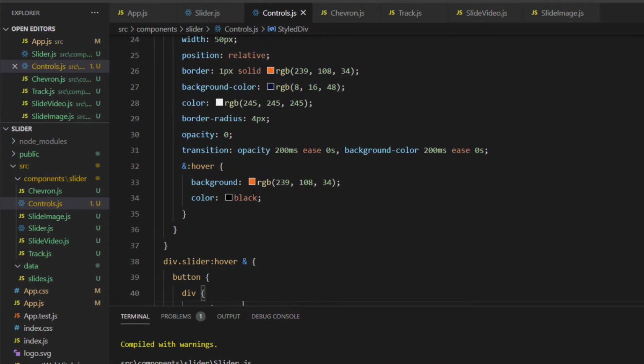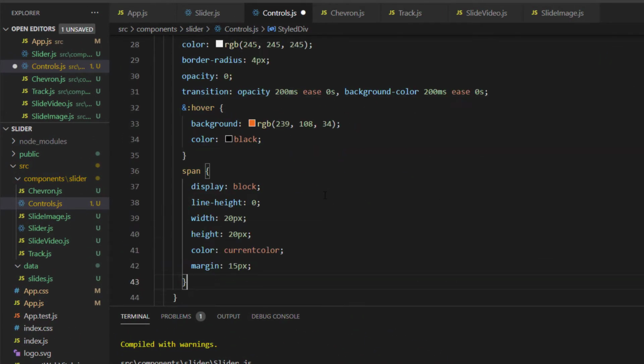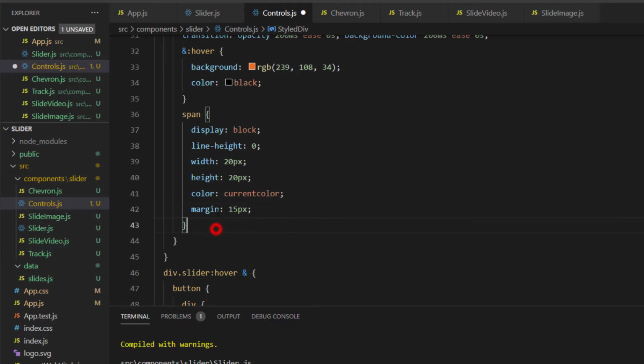Next, I'll add some style to the span, which I'll copy here. So the span, which wraps the SVG, will have a display of block, line height 0, width and height will be 20 pixels. The color will be the current color, and the margin will be 15 pixels. And I will add